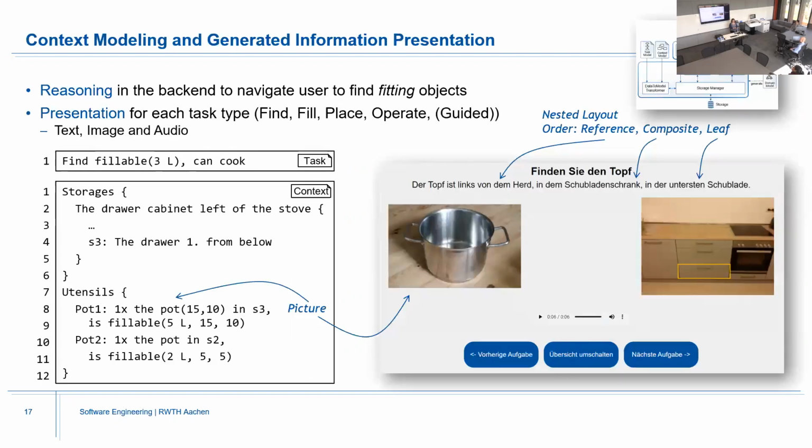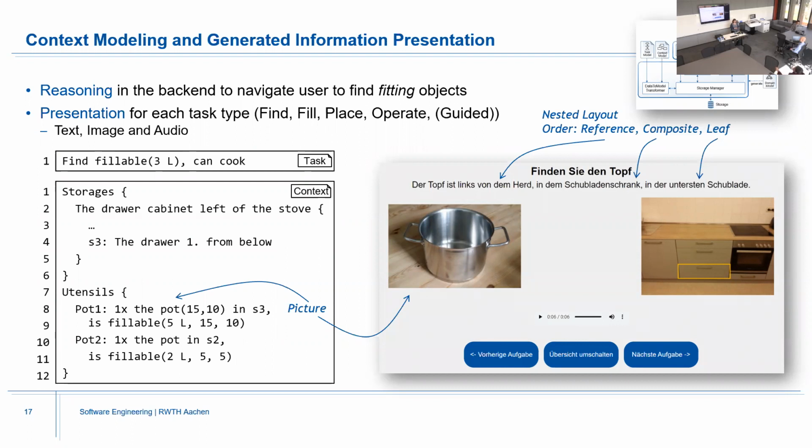And now, if we take all of that together into a generation process, how does it work? So for example, here in the task model, we have the step find fillable with 3 liters and can cook. The reasoning component in our architecture is checking if there is something in our context information which would fit into these restrictions. You can see here in line 8 and 9 in the context model that we have a pot